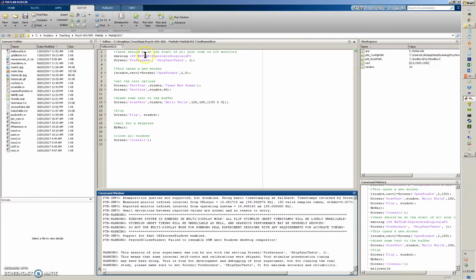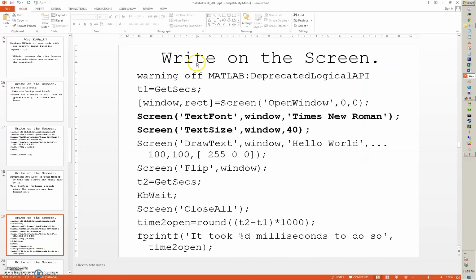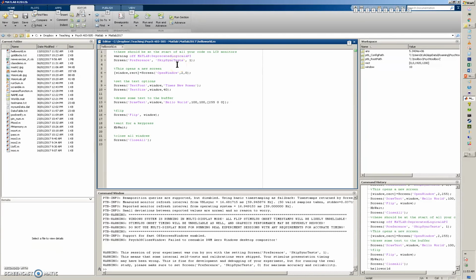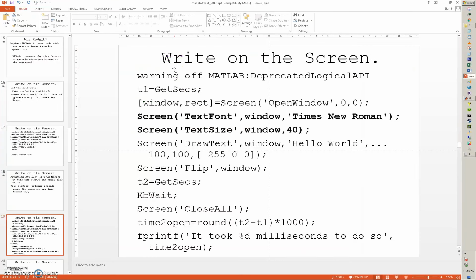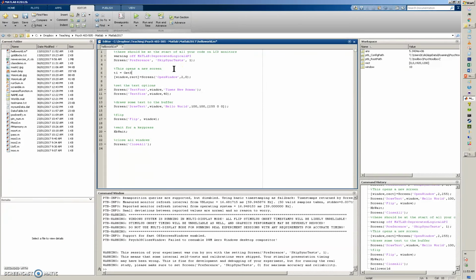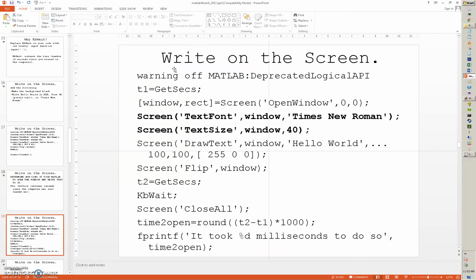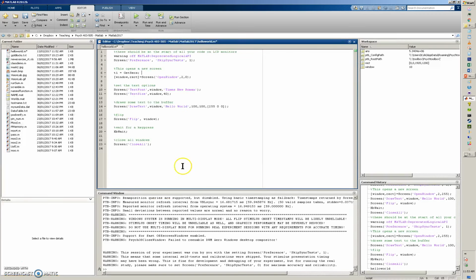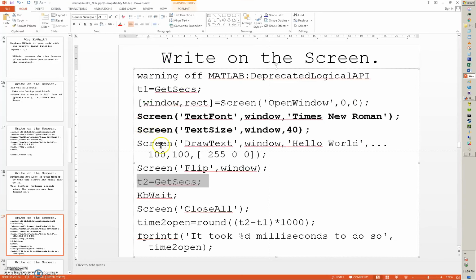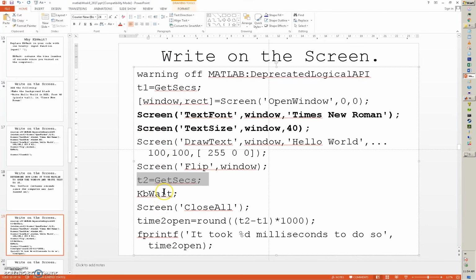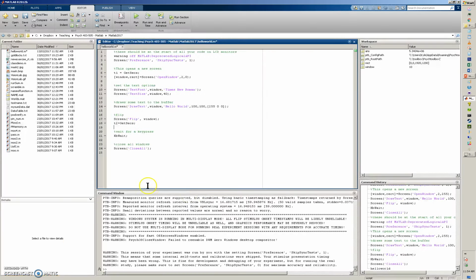So what we'll do is, right here before it opens the window, we'll say T1 equals GetSecs. And then everything else is the same, except we'll add in this T2 equals GetSecs right after the flip command. So now we're timing the time between when the screen starts to open and when it flips to the window. Then we wait for the user to respond, we close everything, and we're going to use these two things to compute